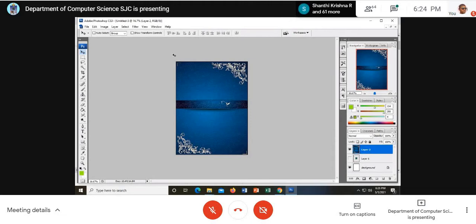If you want to have your own background, what should you do? You have to make a color. See here, they have used a pattern only at the back. I will teach you a few other tools for creating backgrounds, maybe next class, or in a day or two. Don't worry. Right now, I want you to remember to have a patterned background and to set up your own background from the internet.